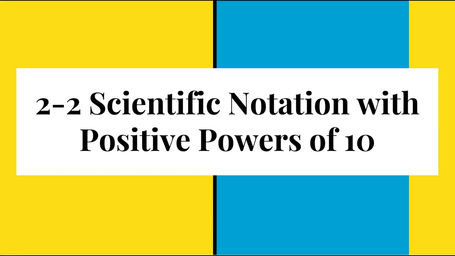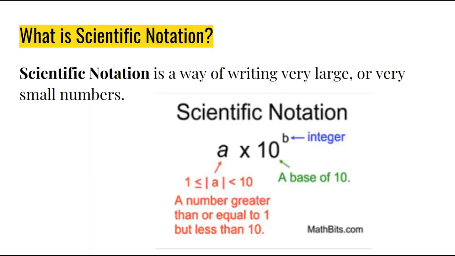Welcome back, guys, to lesson 2-2, scientific notation with positive powers of 10. First thing is very important is that we understand what exactly scientific notation is. The definition of scientific notation is a way of writing very large or very small numbers. Scientific notation is always written in this form, A, where A is a number between 1 and 10, times 10